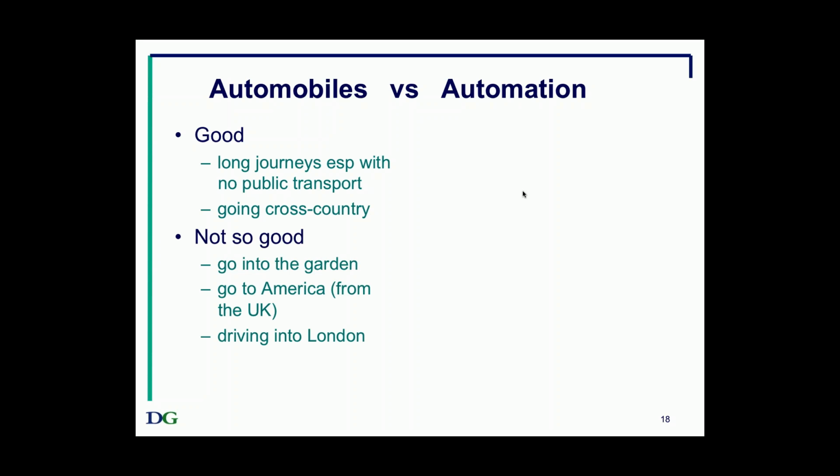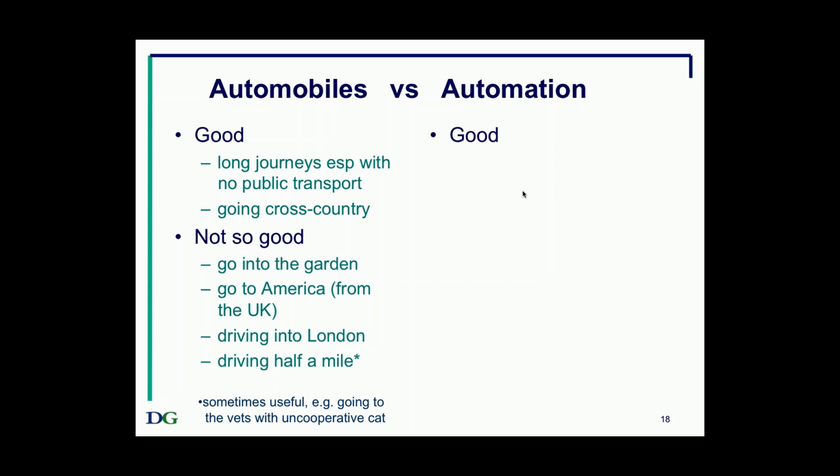Driving into London. Now, that's something which is particular to me. The last time I did it was at least 30 years ago, and I vowed then never to try it again. Now, it's possible, but it's not for me. So again, just as in automation, there are things that might be possible for some people, but wouldn't be right for other people. And what about just driving half a mile? Well, actually, sometimes that might be a good idea. For example, if you're going to the vets with an uncooperative cat that you would have difficulty carrying.